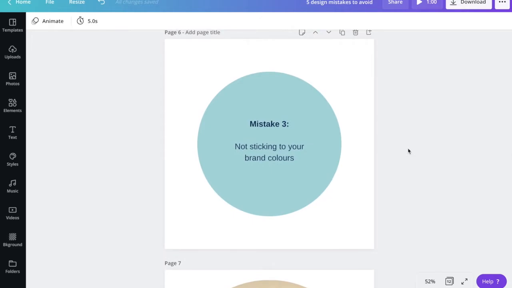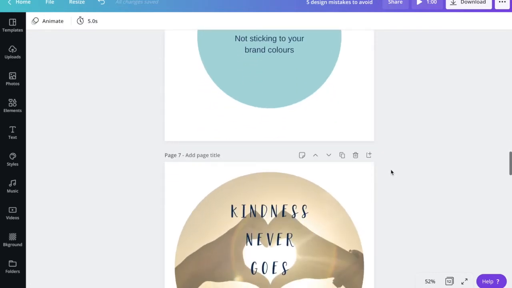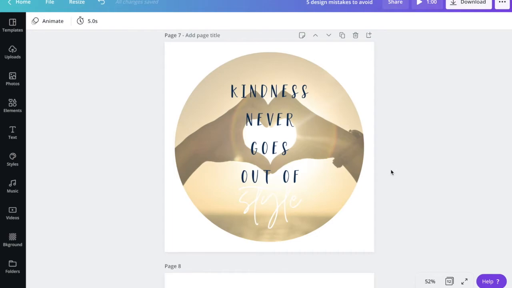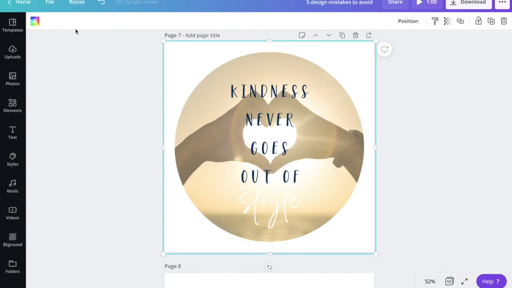Mistake number 3, not sticking to your brand colors. So keep a note of your brand colors and make sure you use them consistently throughout your designs. You can include a border or other graphic styles to bring your brand colors into your images in your posts. So just store your brand colors in the pro version of Canva, or keep a list handy of the hex color code numbers. If you were going to, for instance, use an image, you could bring your brand colors in your text,